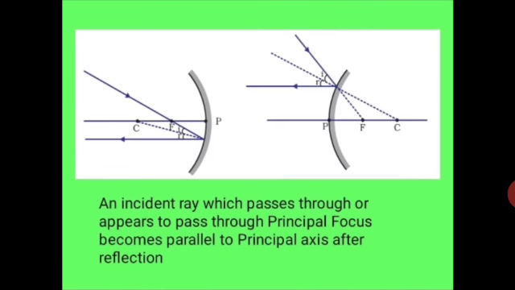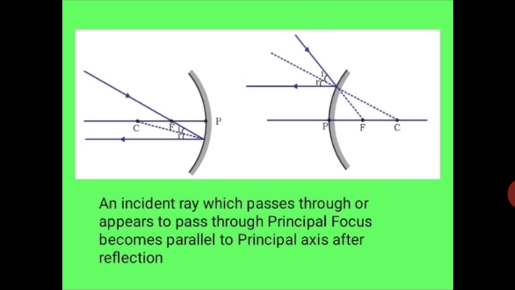This is the fourth possibility, that when a ray of light passes through the principal focus and falls on the mirror, here angle I is marked as shown in the diagram. The first diagram represents a concave mirror. When the normal is drawn at the point of incidence, it passes through the center of curvature C. Maintaining the laws of reflection, the reflected light moves in a direction such that angle I will be equal to angle R, and we see that the light ray that is reflected is parallel to the principal axis.